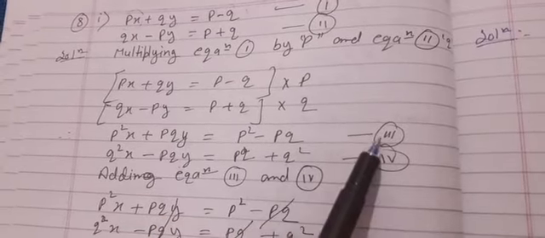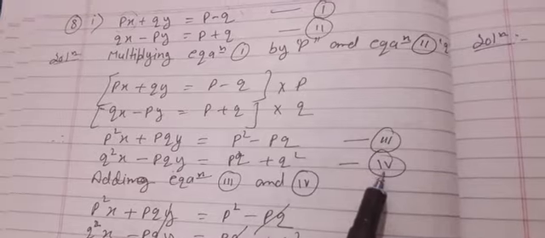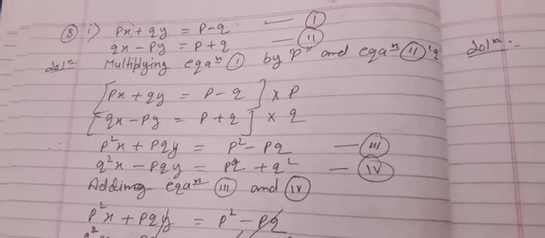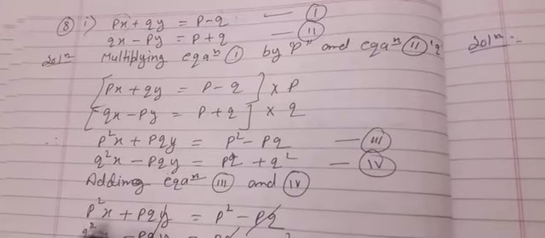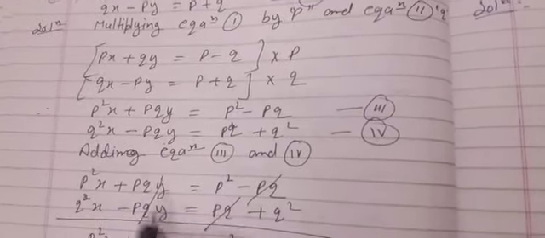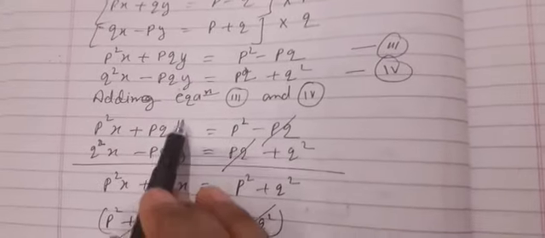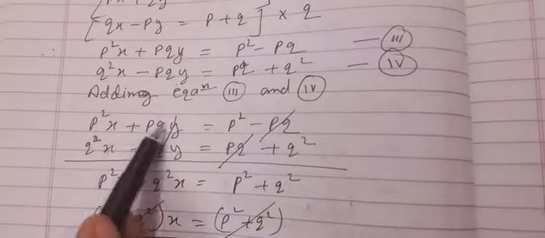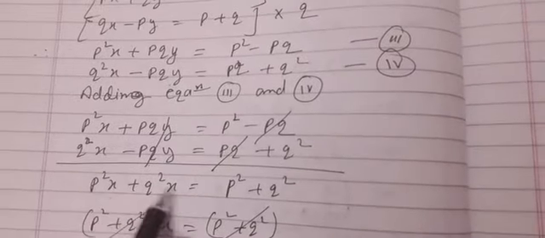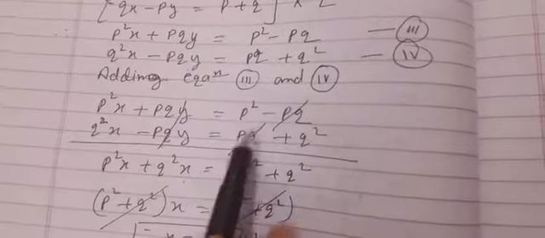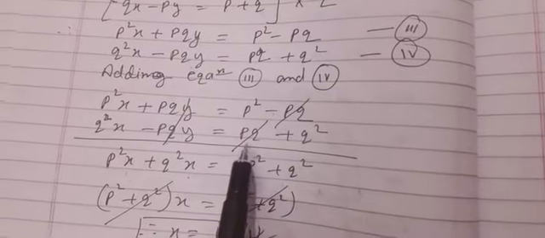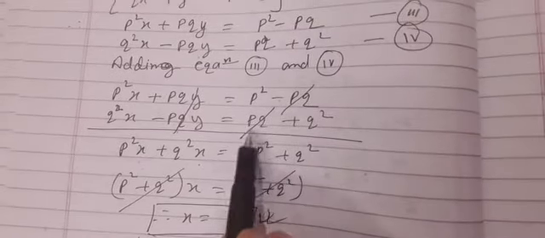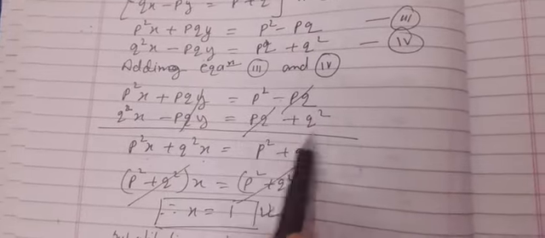Okay, we have noted these as equations 3 and 4. Adding equations 3 and 4. Now adding means just copy, no change of sign, both are the same terms with plus and minus signs, so both are eliminated. And what are the things here? p square x plus q square x I have copied here, and here also you can see minus pq, and here is plus pq. You may cross cut it here, don't worry about how we can cut it. Both are cancelled because we are going to add all the numbers.